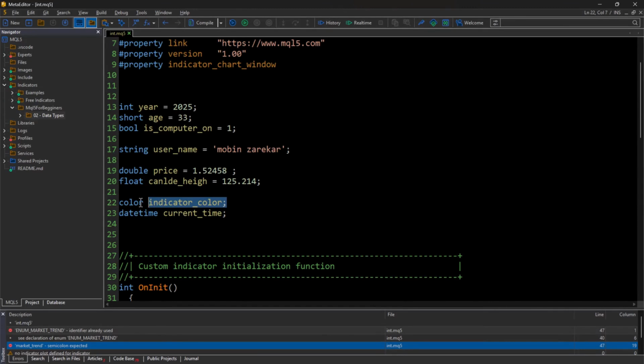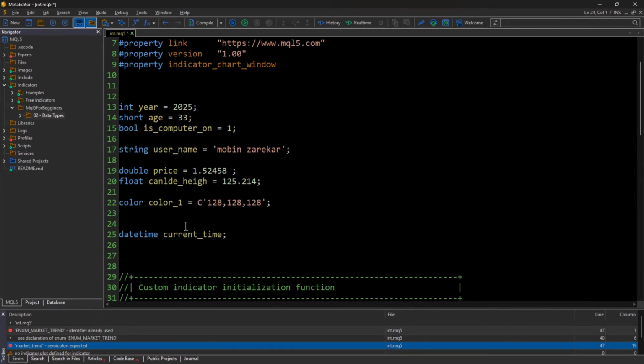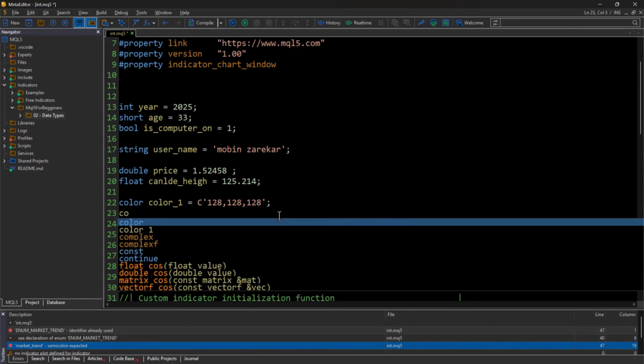For now, we'll name this variable color1. And I pasted exactly the same value here. C is the color indicator inside two single quotes with 3 parameters. Basically, these are separated from each other. This is the first way you can assign a value to a color variable. The second method